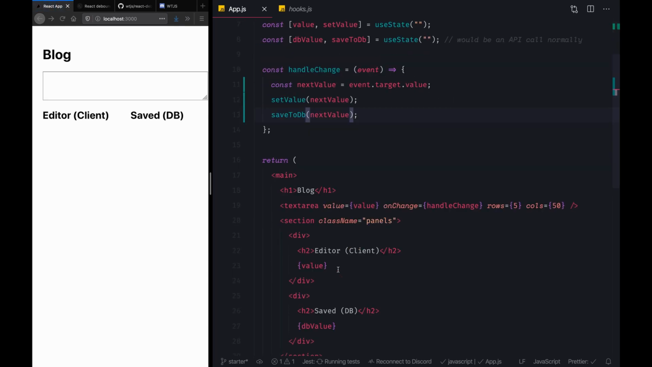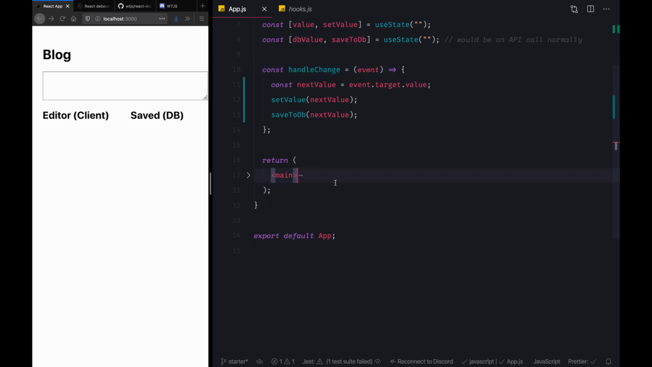And now if you look, our text area actually has an onChange handler, which is this handleChange function, and this is responsible for updating these values. So now if you type something in the editor, we can see that the value is being saved on the database as well as being displayed on the client side. And